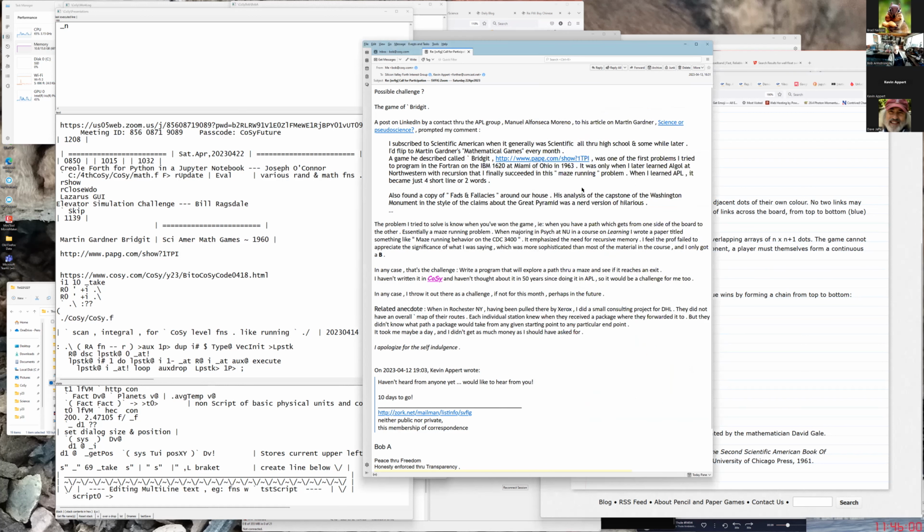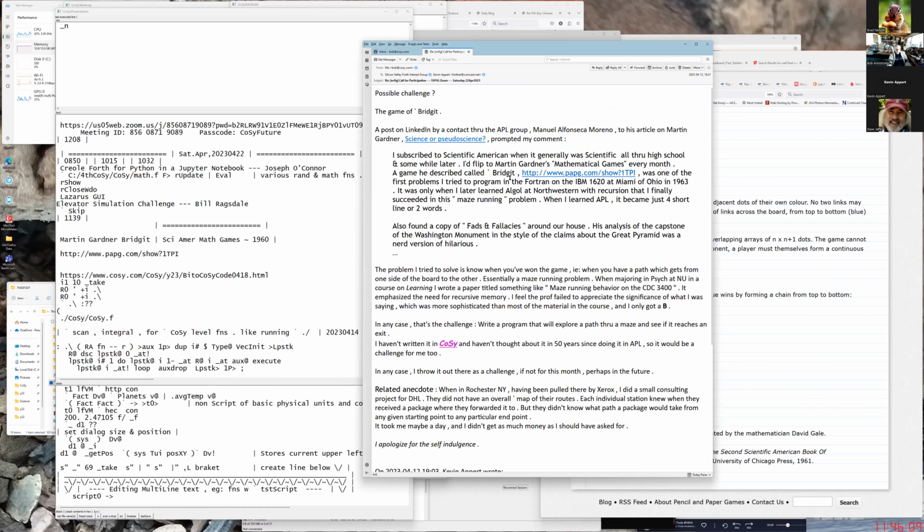And so when I got to Northwestern, one of the first languages that I learned there was Algol. And Algol had recursion. And so I finally went and solved this problem, because you have to go in maze running. You go forward, you check, okay, have I hit a dead end? Okay, and actually the simple way to do it is, okay, I try to go left. Okay, run into dead end. Okay, I try to go forward. Okay, dead end. Try to go right.